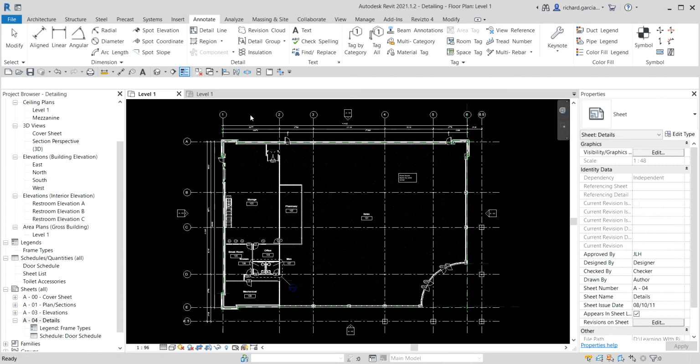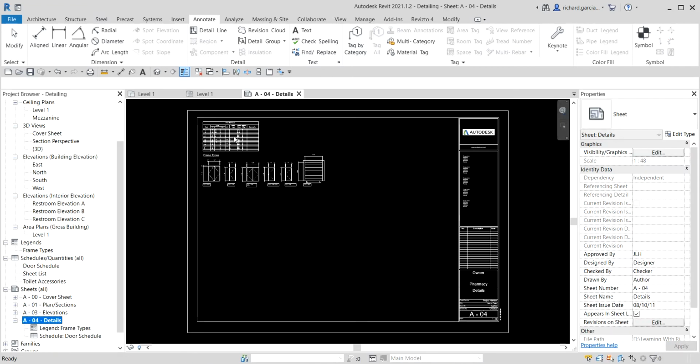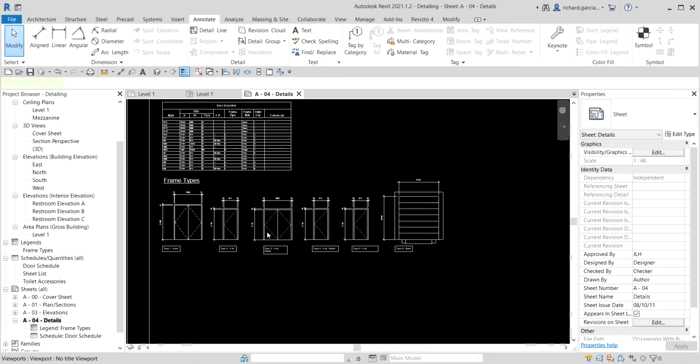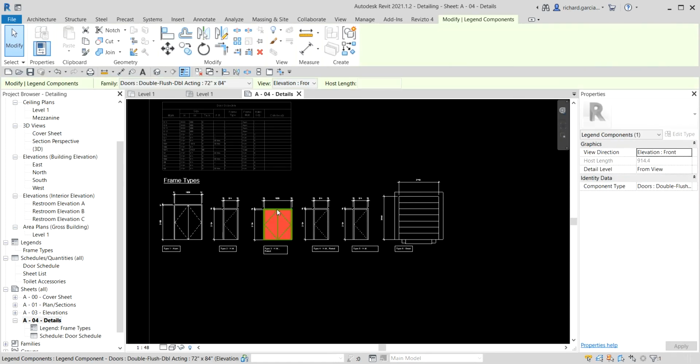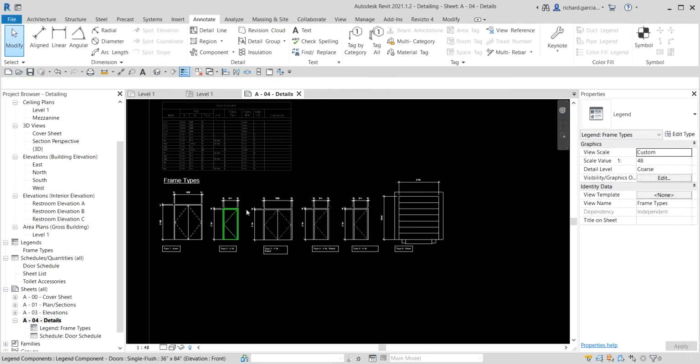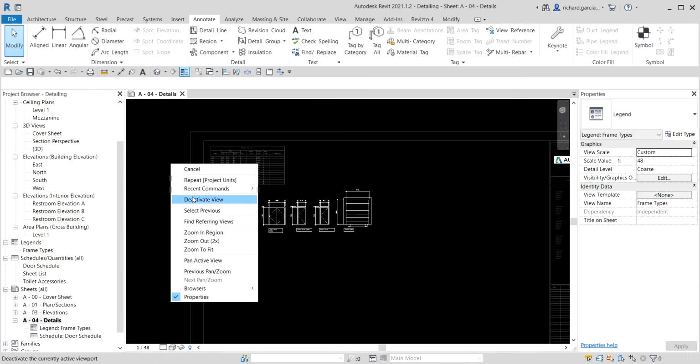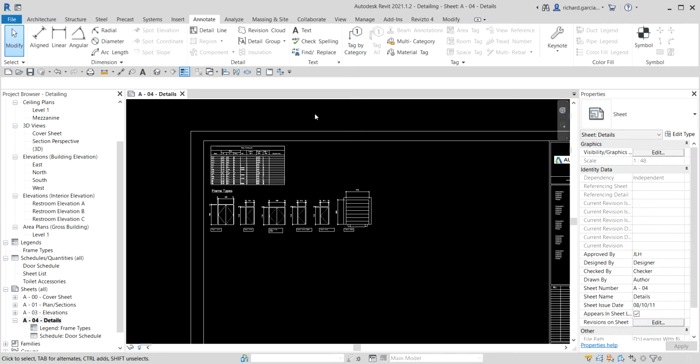So as you can see here on the project browser on my sheets, I already have a details sheet here, the A-04-details. So you will notice that I already have my legend here, and then I already have some details or legend of my frame types. Okay, so now the next thing that I'm gonna do is I'm going to add more views, like the detailed